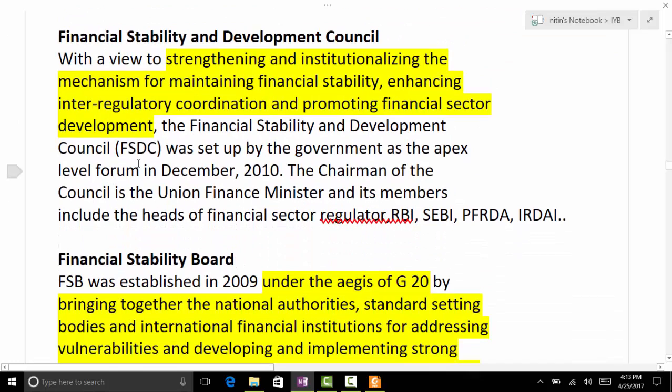Then there is the Financial Stability and Development Council. Just remember the name only. I didn't find it very important, but still you could go through it once. Even their old mechanism, 2010, 2009. So we have the Financial Stability and Development Council,